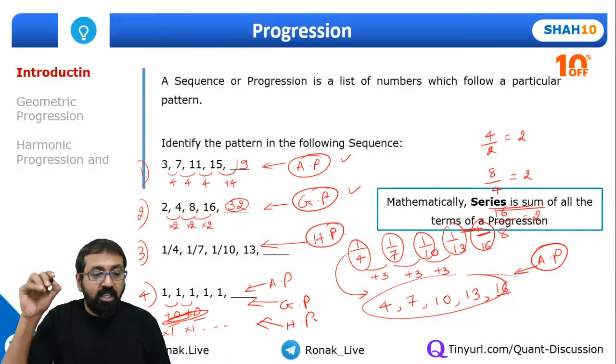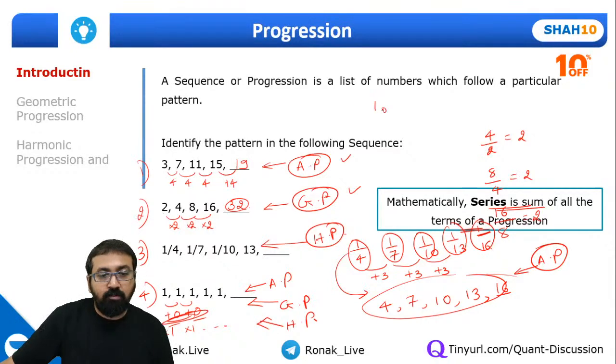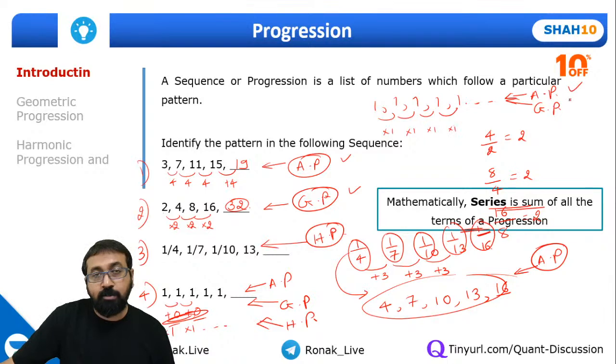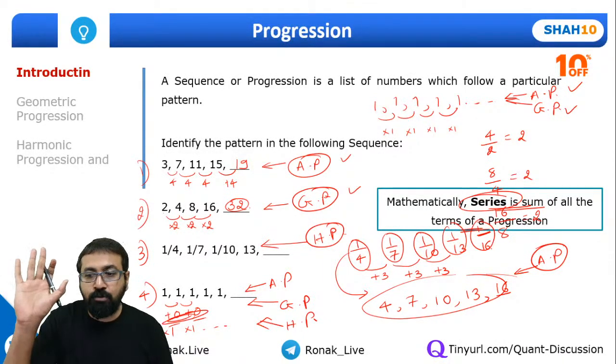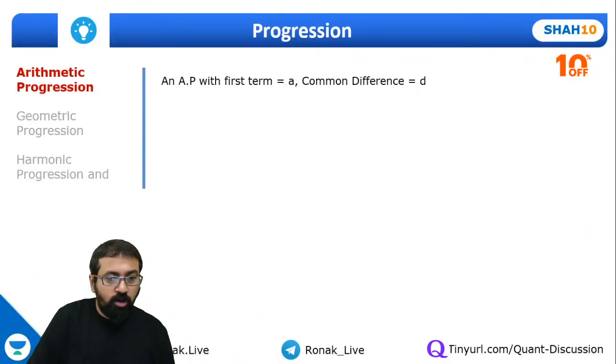Nicole, what I mentioned is a progression like this one, 1, 1, 1, 1, and so on. This progression satisfies the condition of an arithmetic progression, so you can call it an arithmetic progression. You can also call it a geometric progression, because the difference between two successive terms is the same, and the ratio of two successive terms is also the same. It is an arithmetic progression as well as a geometric progression as well as a harmonic progression. And what is a series? A series in mathematics is nothing but the sum of all the terms. I'm sure all of you are clear with these points. So let's go ahead now.